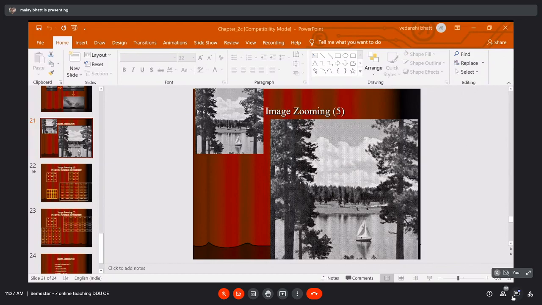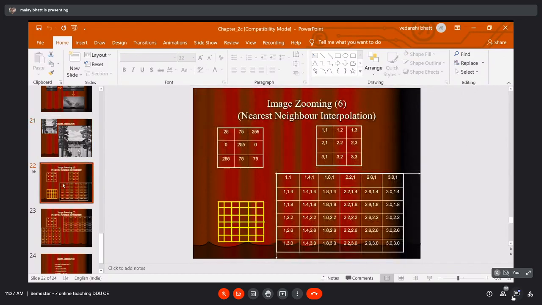So the next one is nearest neighbor interpolation. So basically you can see that in this nearest neighbor interpolation, originally we have 3 points. We have 3 values, 1, 2, and 3. You can see the 3 columns, and we have 3 rows, right?